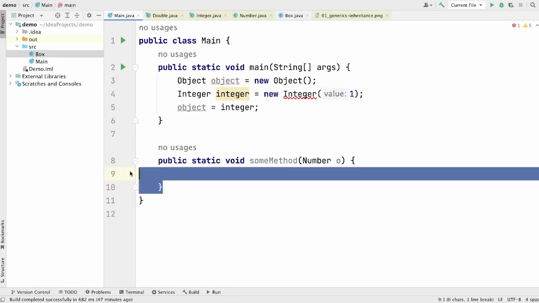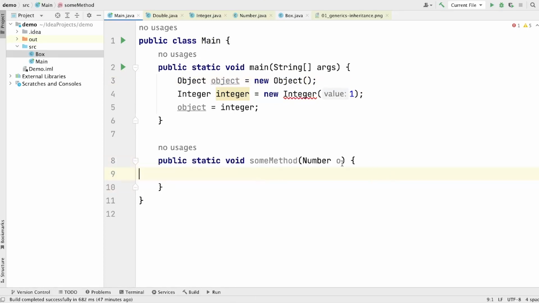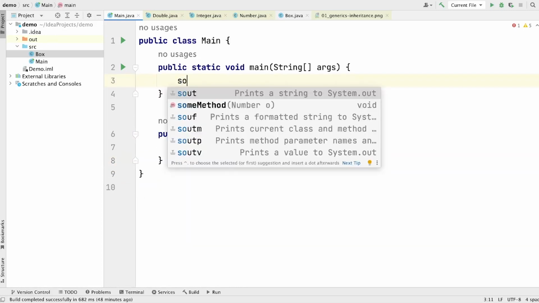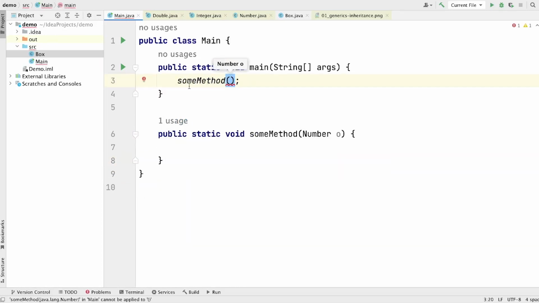Let's say we have one method and this method is accepting an object of type Number, okay? So let's call this method. Now what would you think? Are we allowed to pass an instance of Integer and an instance of Double? Let's see it. Let's pass an instance of Integer: Integer.valueOf(1). Okay, it is not throwing an error, which means we are allowed to pass an object of Integer into